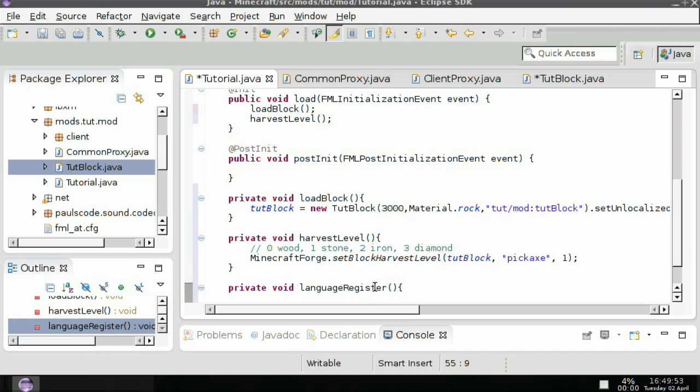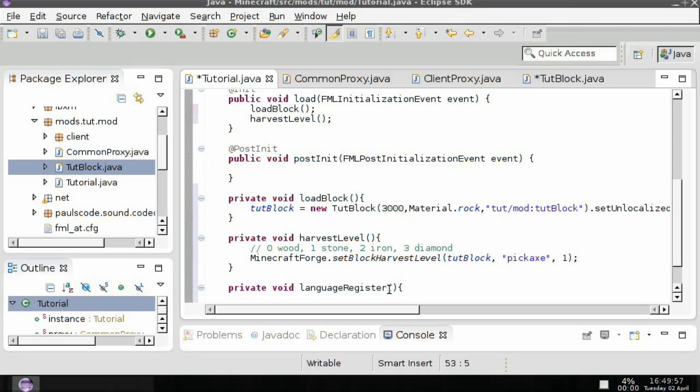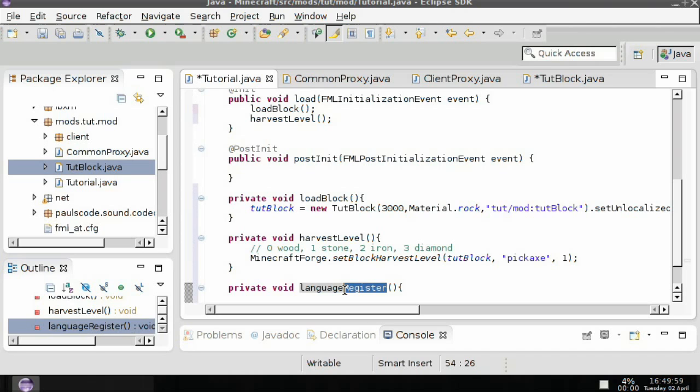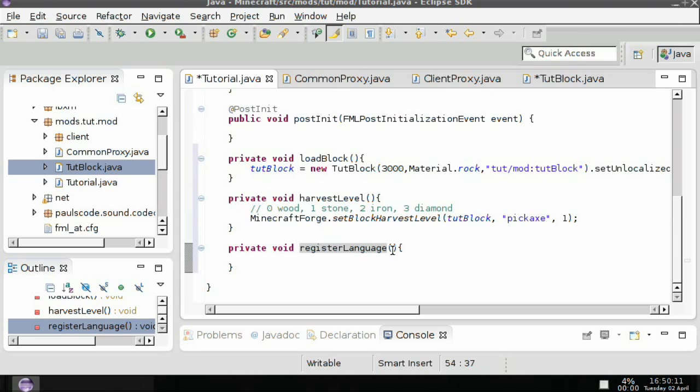Or actually, let's switch those words. That way, you know, just in case. So X, V, delete L, and just lowercase r. Okay, so underneath here, we want to put language register, L-A-N-G-U-A-G-E, register, R-E-G-I-S-T-E-R, dot,